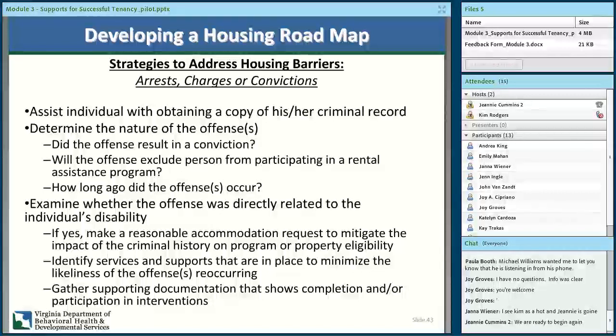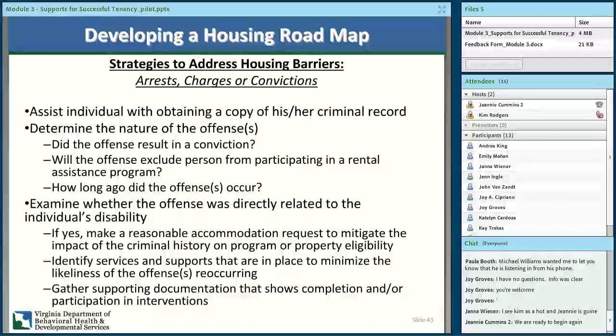That is, does the conviction require registration on the Lifetime Sex Offender Registry? Was the person convicted for drug-related criminal activity for the production or manufacture of methamphetamine on the premises of federally assisted housing? Or was the conviction for engaging in the illegal use of drugs? Make sure you identify how long ago the offenses occurred,